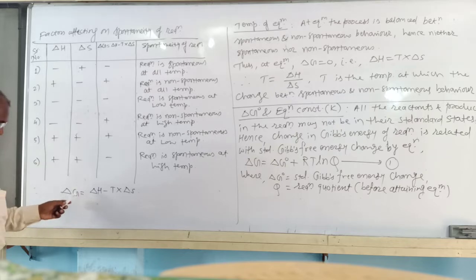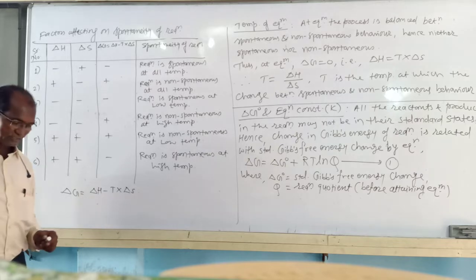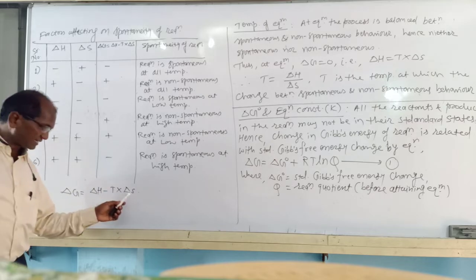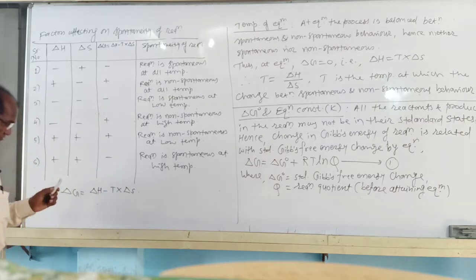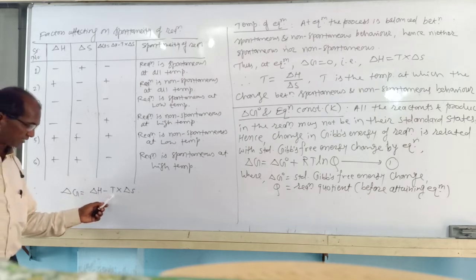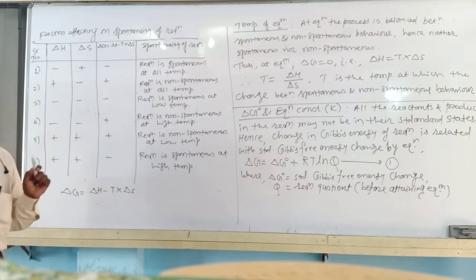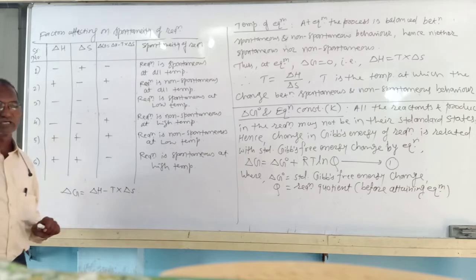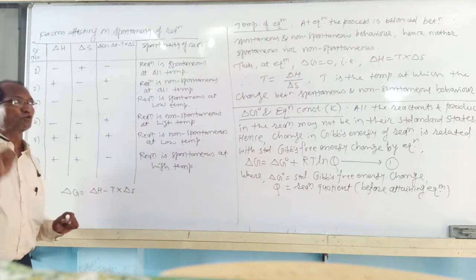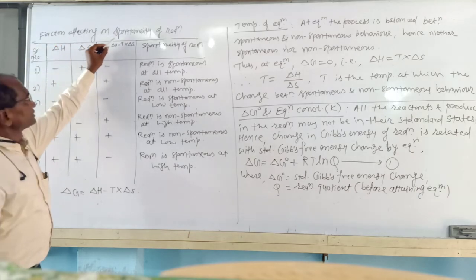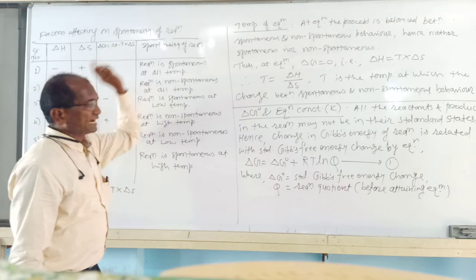The value of ΔG depends upon ΔH and ΔS. But whatever the values of ΔH and ΔS may be, the value of ΔG actually depends upon the key factor, temperature. Therefore, to calculate the value of ΔG, the key factor is temperature. Therefore, our next subtopic is factors affecting the spontaneity of a reaction.